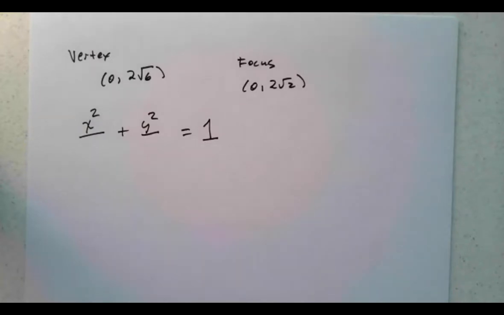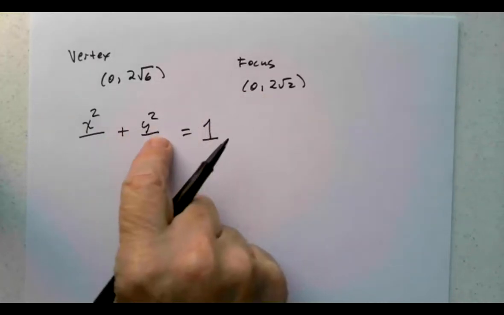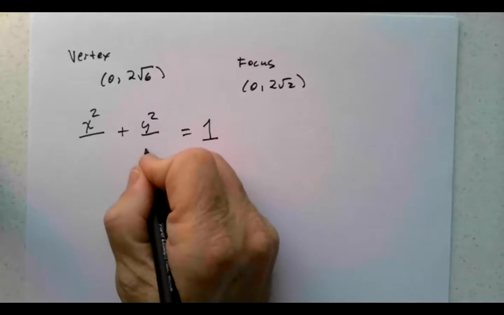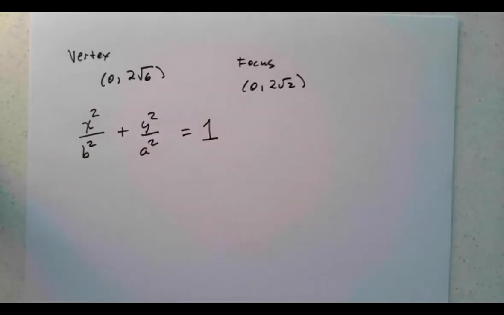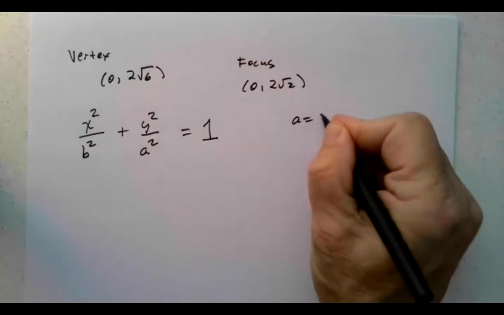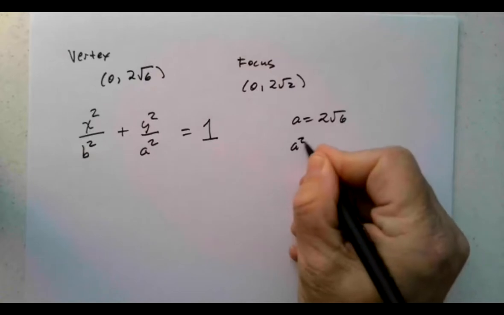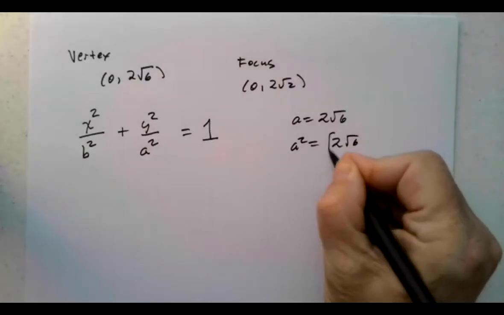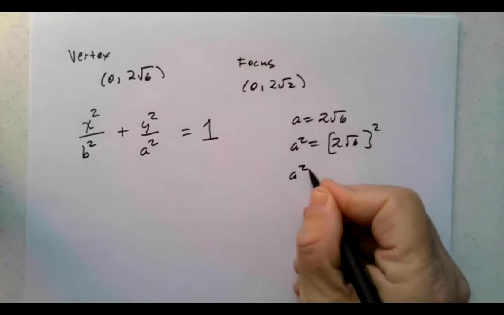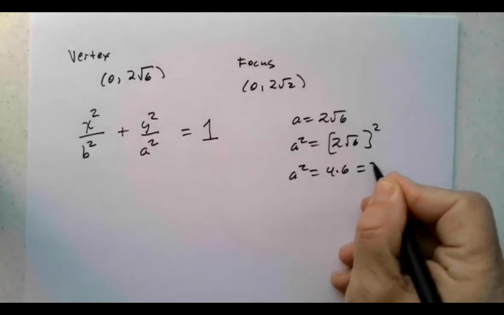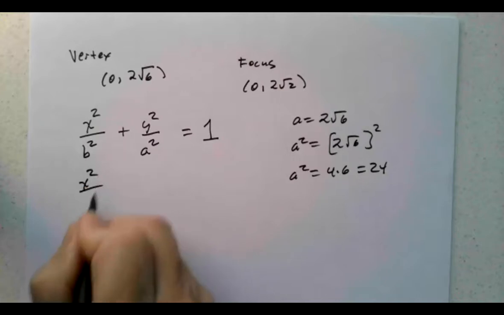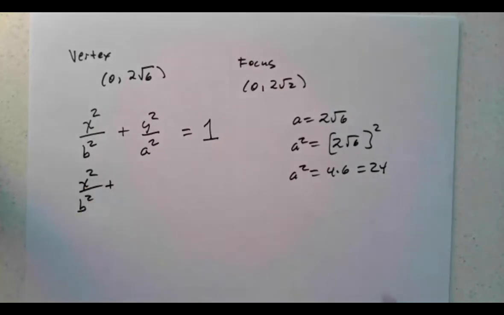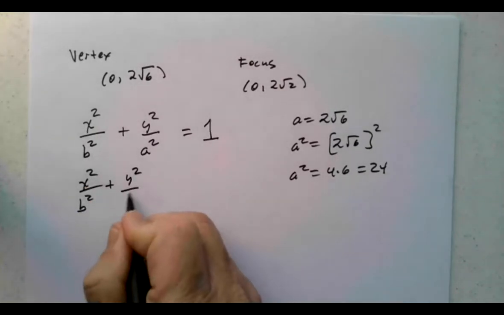We are saying that the vertex is on the y-axis, so the major axis is going to correspond to the y-axis. I'm going to call that one a squared, and I'm going to call this one b squared. Not that it makes a whole lot of difference. And then a, if that's the case, a is 2√6. So a squared is (2√6) squared, which is 4 times 6, which is 24, which now gives me x squared over b squared plus y squared over 24